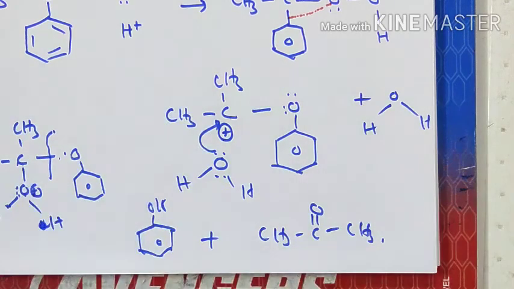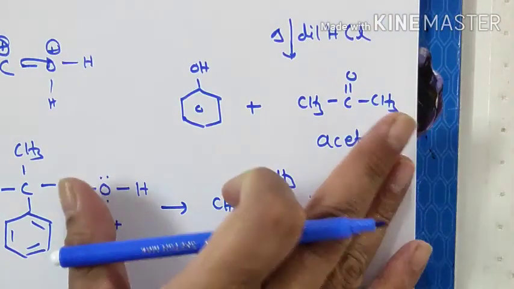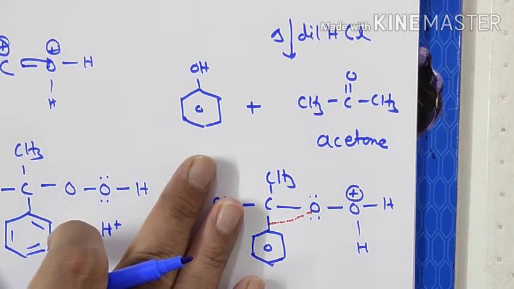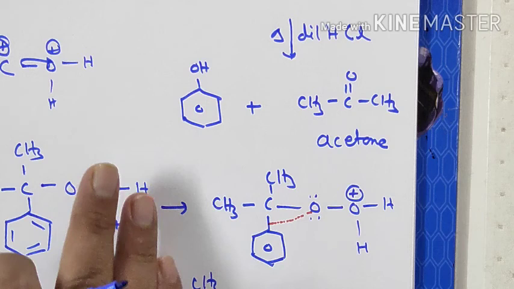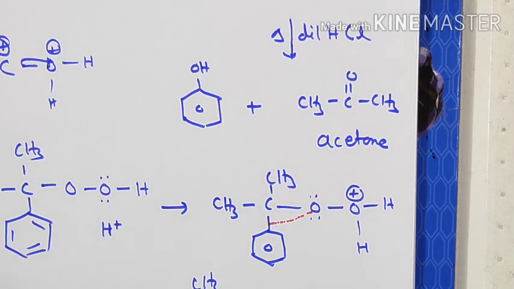So this is the whole mechanism, right? Simple. If not, just try to remember it like this. The byproduct is acetone, and acetone is also expensive. So here the byproduct can also be used, right? Okay. Now,